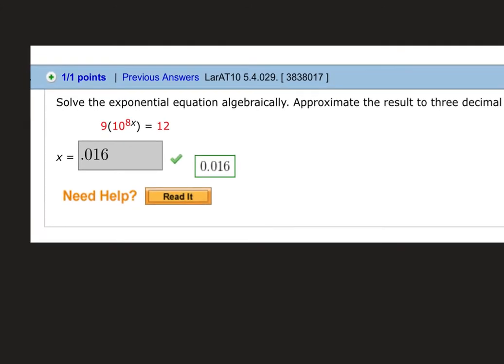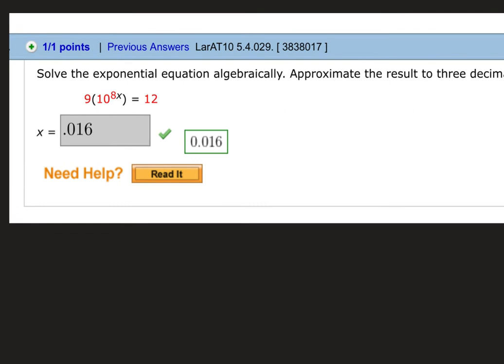Is this yours? Yeah. Okay, so solve the exponential algebraic equation. It says 9, so this is a great calculator-based question that you could see tomorrow: 9 times 10 to the 8x equals 12. I see that it's exponential, so I don't have to worry about checking for an extraneous answer at the end. I need to get the exponential part by itself, so I'm going to divide both sides by 9. 10 to the 8x equals